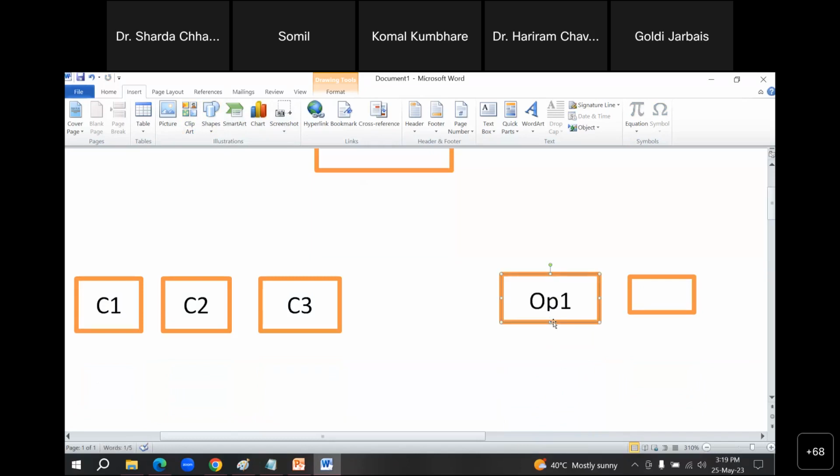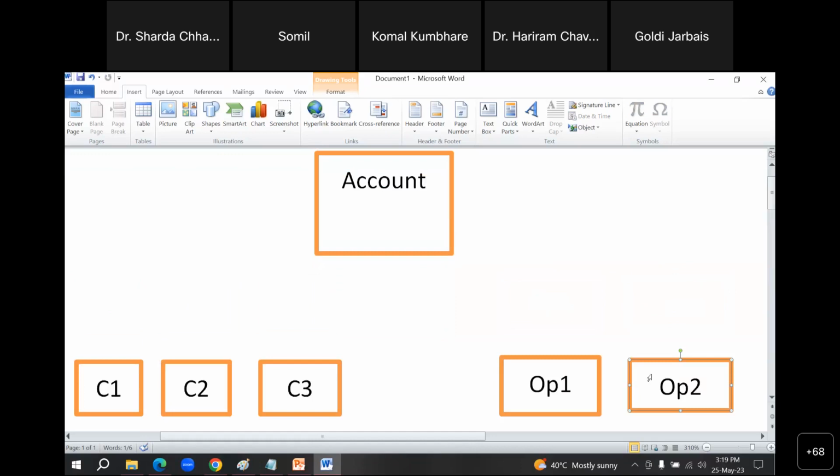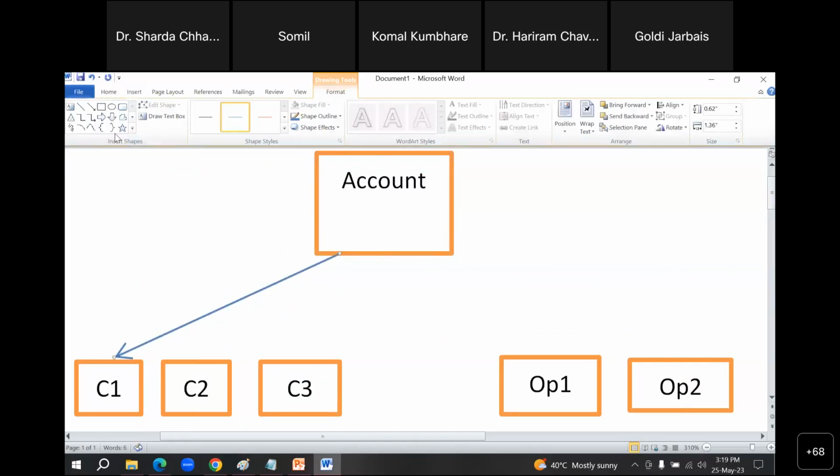And this is an op2 opportunity. So these are the things. One account can have multiple contacts, meaning one company can have multiple contacts.